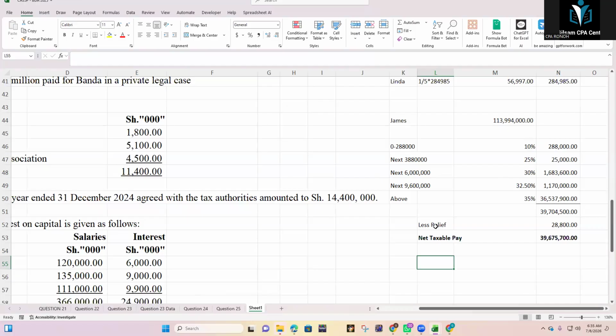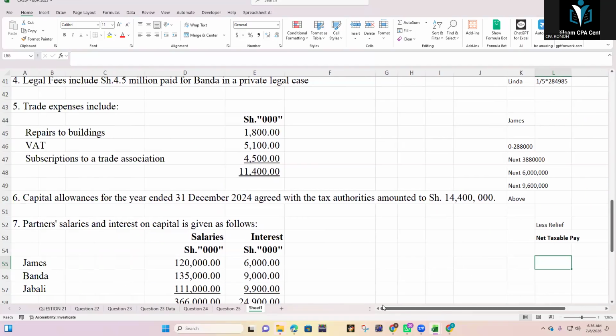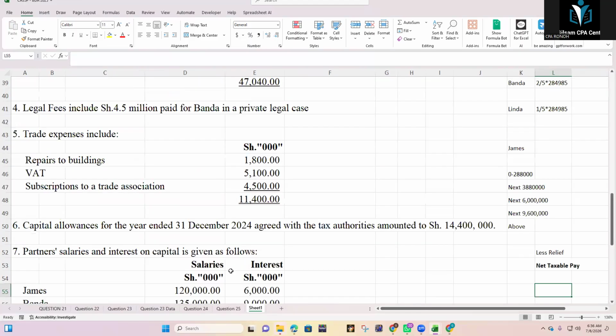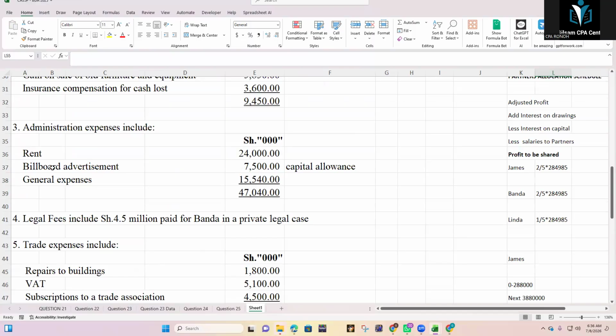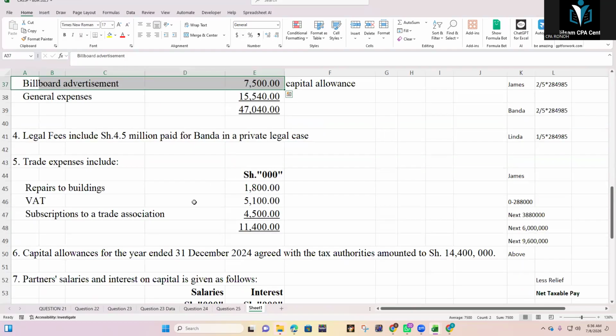Question for the billboard advertisement. You said 25% of 7,500, for advertisement? Yes. A billboard? Yes. Did we calculate the capital allowance for billboard? No, we are not. We disallow 7,500. But you cannot calculate 25% because already they have agreed with the commissioner the capital allowance to be